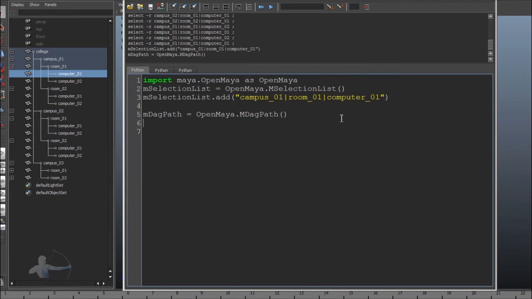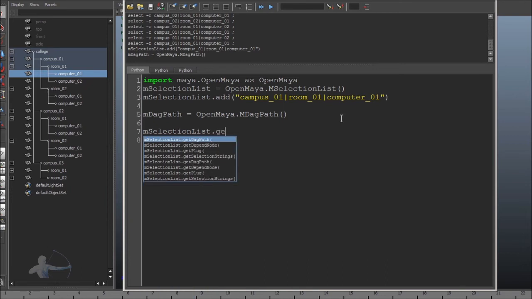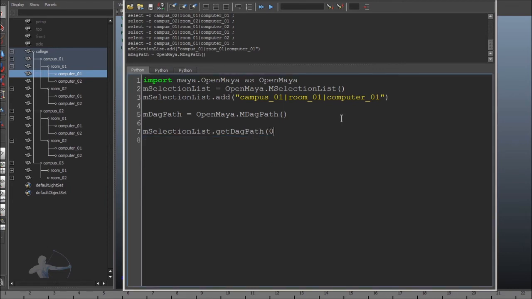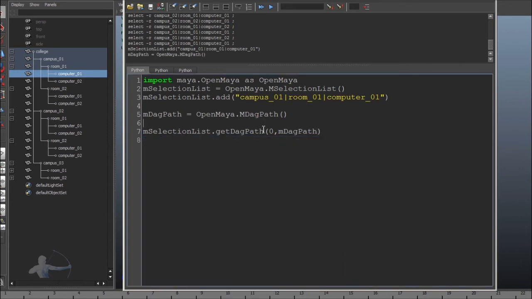So we have created an mDAGPath type object. Now we would request mSelectionList to give us the DAG path, and for that we would use a function getDagPath, and then we would say 0, comma, mDAGPath, which means give me the DAG path which exists at the 0th location of the